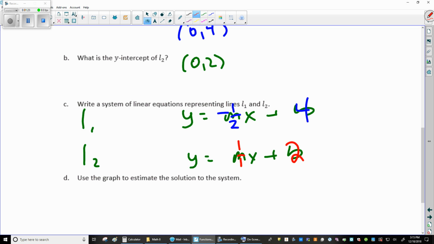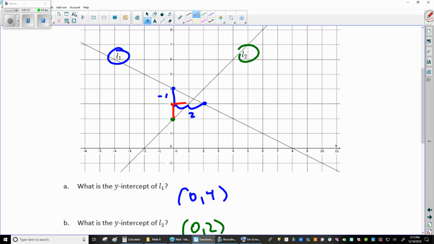For D, it wants us to use the graph to estimate the solution. Remember the solution of this thing is where these two meet. So if I want to figure out where these two meet, I'm going to say it's like there-ish. And I just want to estimate it, which means I don't know exactly what it is, but I know what it's near. I know it's in between 1 and 2. I know it's a little bit closer to 1 than it is to 2. It's not quite halfway, so I'd say something maybe along the lines of like